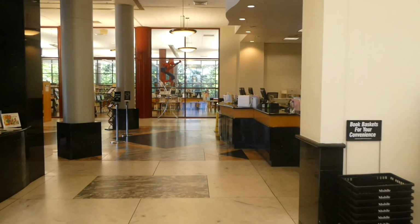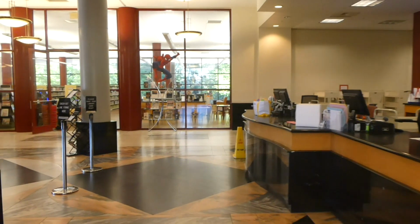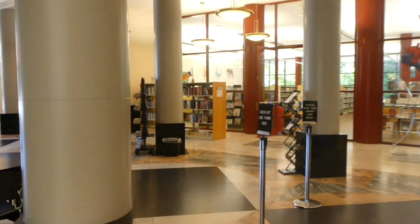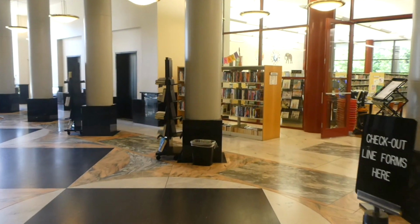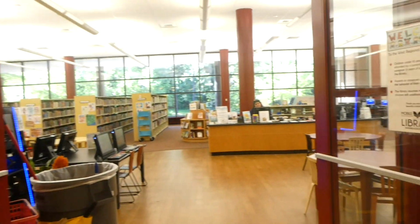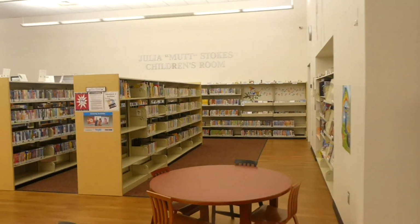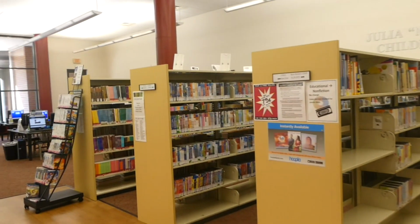Across from the fiction room is the children's room. But before we go in there, I want to point out that there is a shelf, and that has all of our sale items, which you can pick up a movie or a book for just $1 or $2 a piece. On the right side of the room, you'll see the children's AV, which is CD books, DVDs, and video